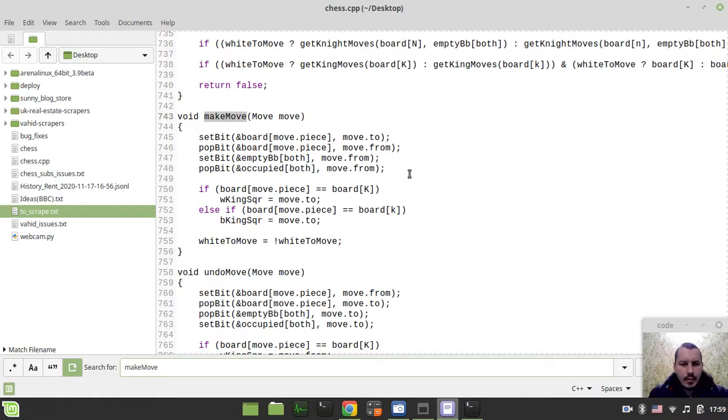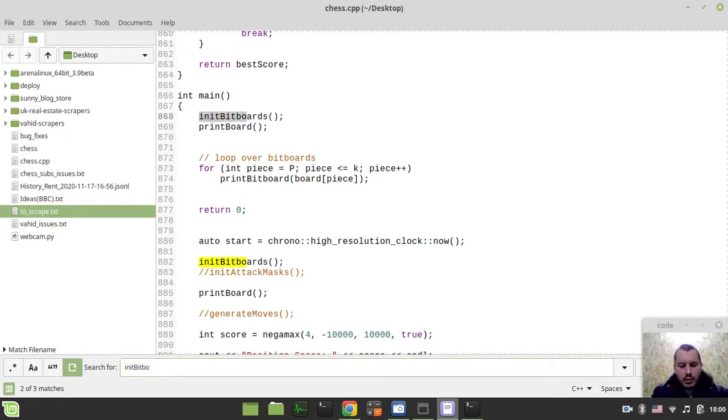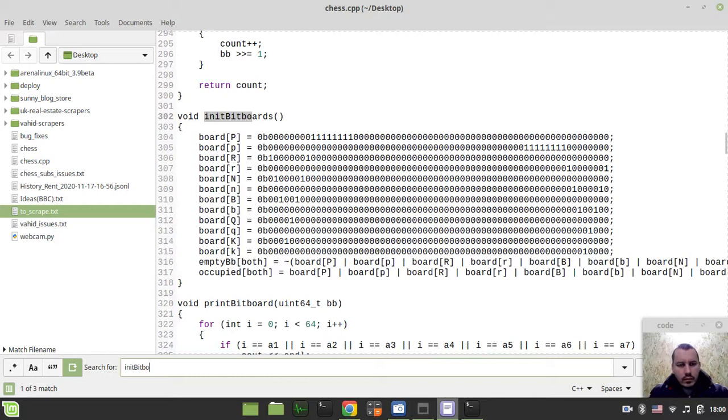Okay, so move.p, so probably move is a structure, and piece is an integer that is available within that structure. I think that should have been. And okay, how do you initialize the bitboards? Hold on a sec. How do you initialize the bitboards? By the constants. Okay, so in this case,